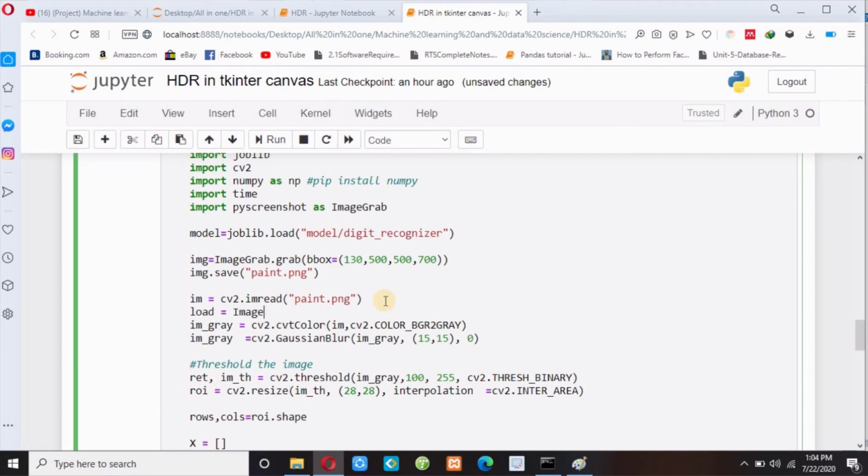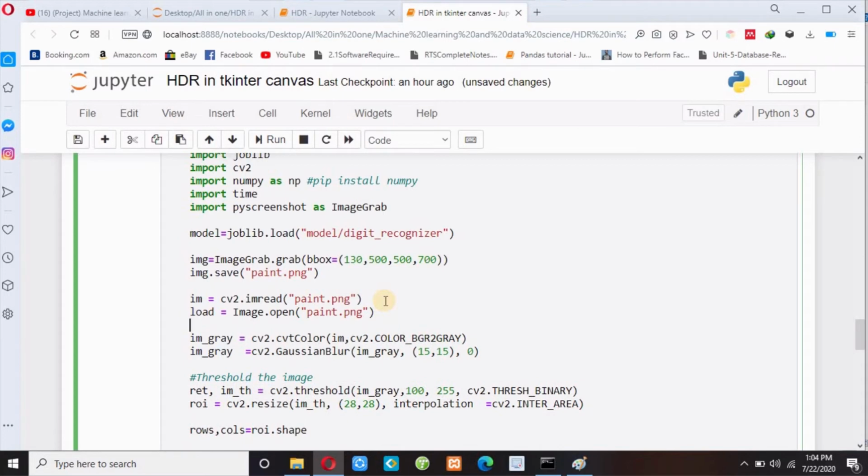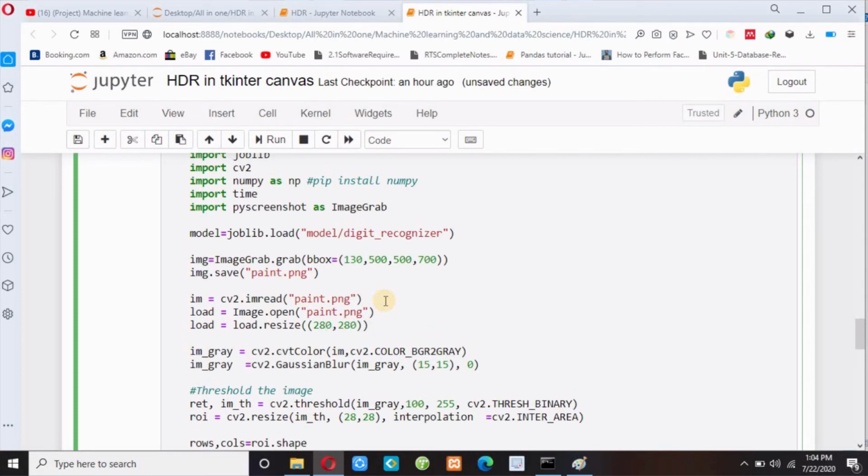So Image.open, I have to open paint.png, and then let me resize this image. load equals load.resize. Let me resize this image as, suppose, 280 by 280, and then I have to convert this image into a PhotoImage. So ImageTk.PhotoImage, I have to pass load here.